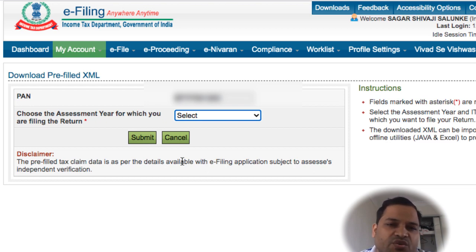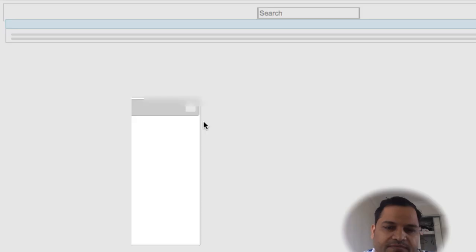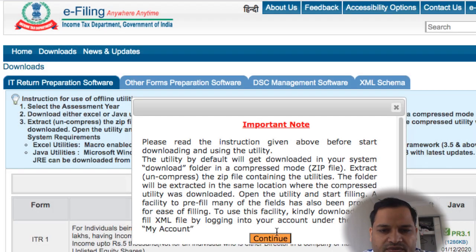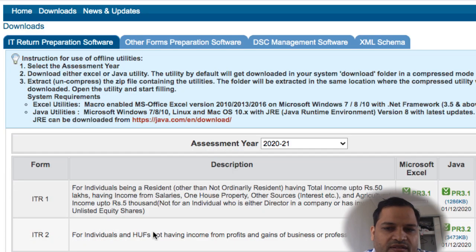There are two utilities that the income tax department provides for you to modify that XML file. If you go to the downloads tab here, you will see there are different software they provide. If you click on continue, you can see there are different ITR forms, and there are different utilities: Microsoft Excel, Java.